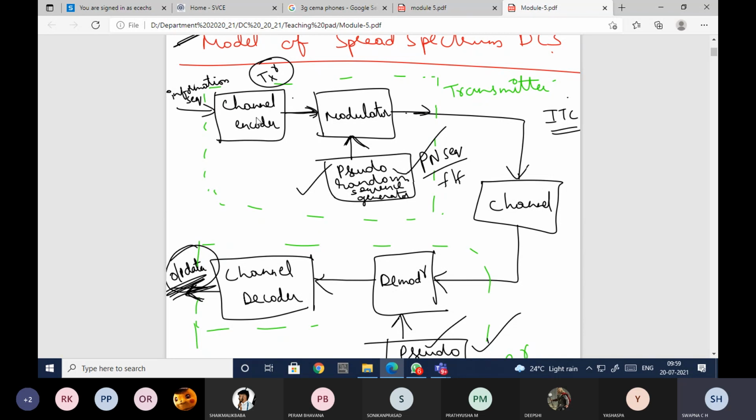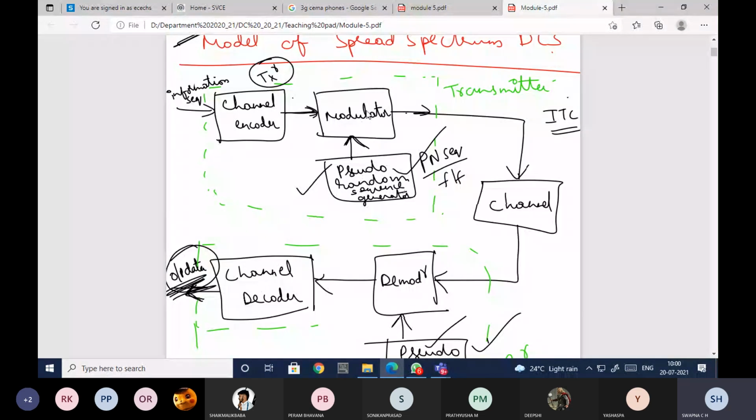The channel encoder uses error correcting techniques and codes the information. That coded information is given to the modulator. The modulator gets an additional input, which is nothing but the pseudo noise sequence, the PN sequence. The modulator takes the incoming data from the channel encoder and the pseudo random sequence; pseudo noise sequence and pseudo random sequence both mean the same.